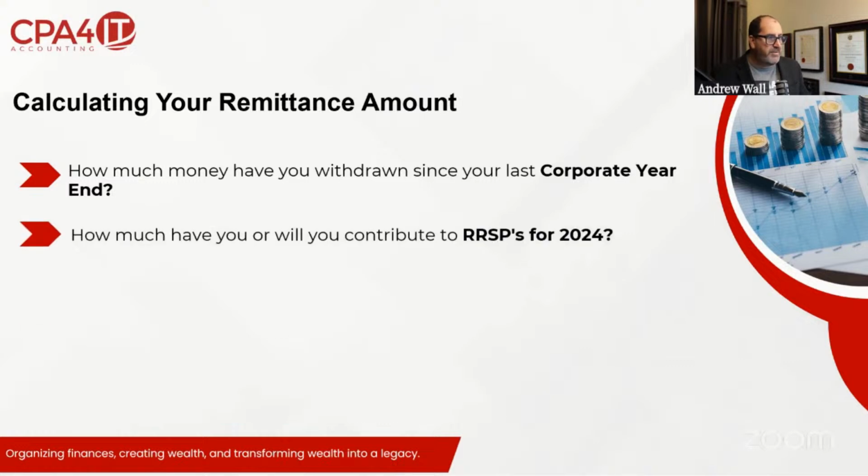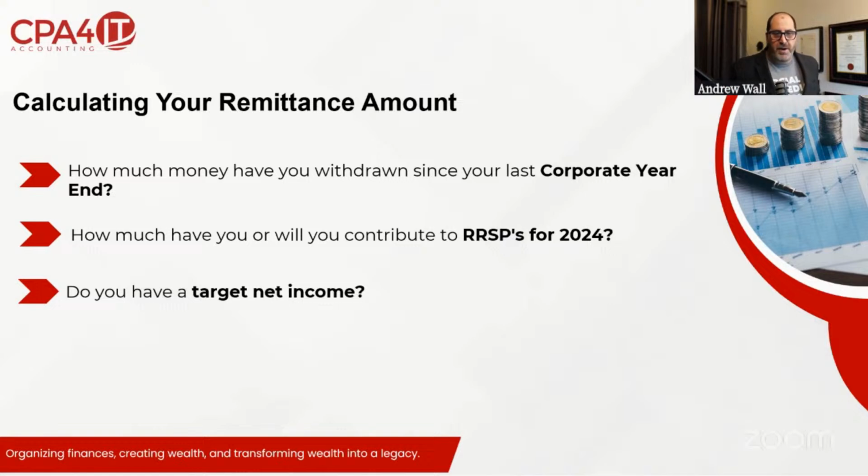But we'll also want to know how much money you either have or will contribute to your RSPs, because RSPs will reduce the taxable income. So that's helpful for us during your tax planning. We'll also want to know if you have a target net income. So if you are trying to buy a home, many of you may be aware that the banks are going to want to look at 2 years of notice of assessment. And so your ability to purchase a certain priced home might require you to have a larger income